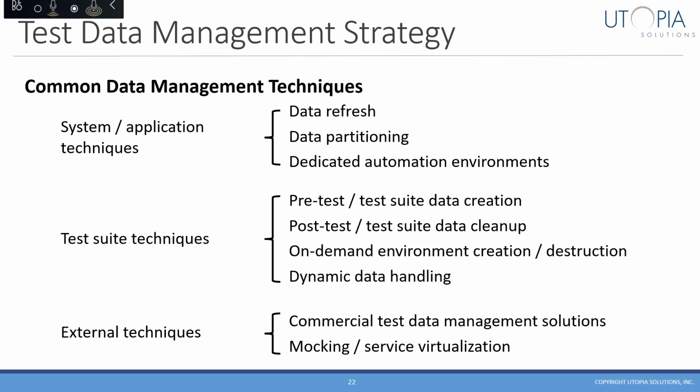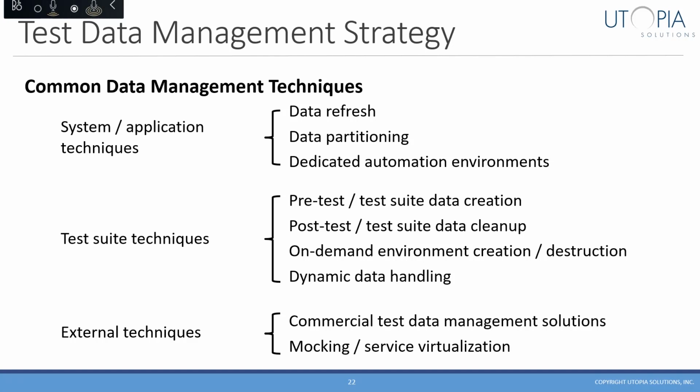So let's look at some things that we can do at the test suite level that lend themselves better to a DevOps environment. First, we can have the tests create the data they need prior to execution. And this is often combined with data partitioning to further lessen the chance of data-related issues. For example, a test may create some inventory, but the SKU and the inventory location are designated for automation only. Similarly, we can have the tests clean up after themselves, put the data back in the state that it found it.